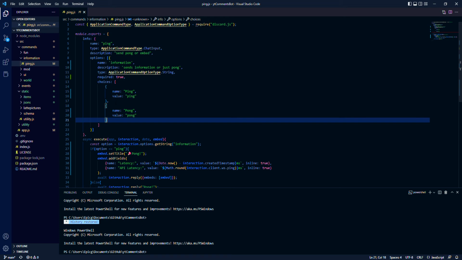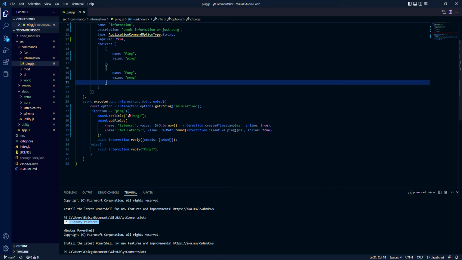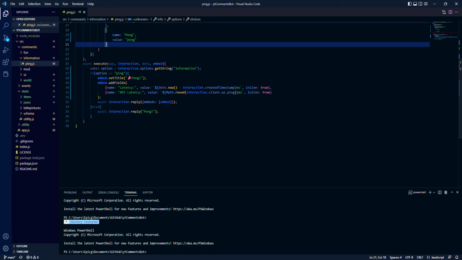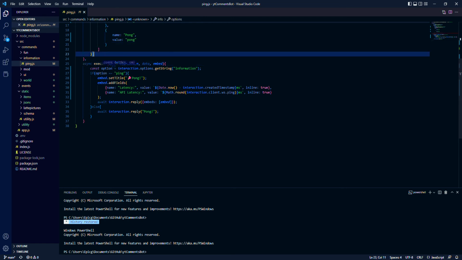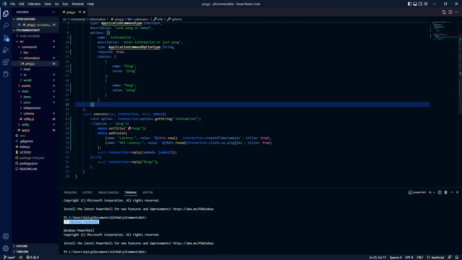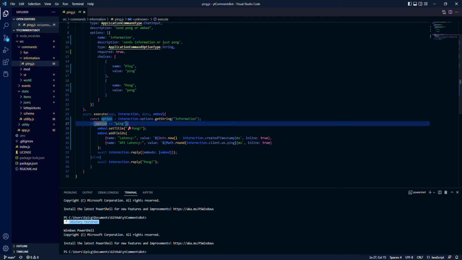So that's all that was different. Name, description, the type, required, choices, and then in our executeAsync, our option, we're getting the string information. Then if options equals the ping here,